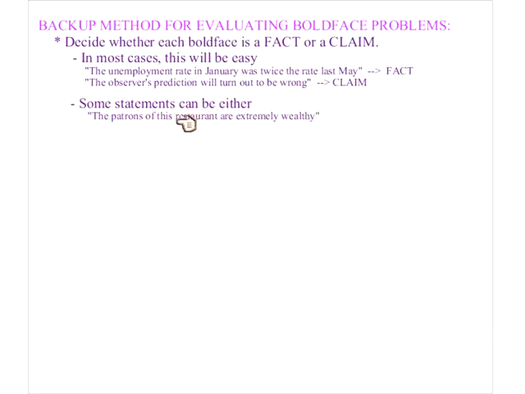But if we know this, if we claim that we know this because they drive up in expensive cars or because they order $500 bottles of wine or something like that at the restaurant, then that could be a claim. So in this case, generally, for statements like this one, which could potentially be either facts or claims, the presence of qualifiers